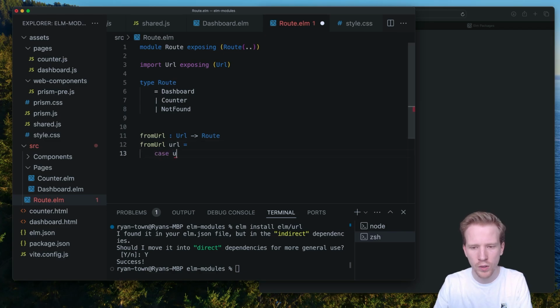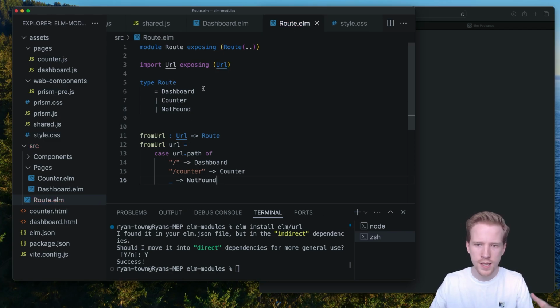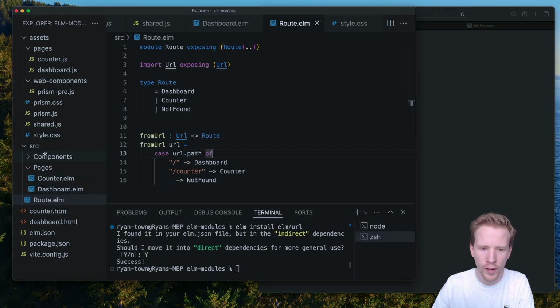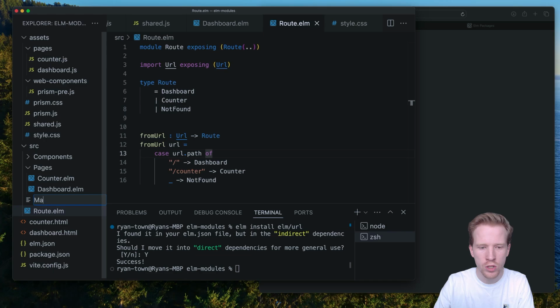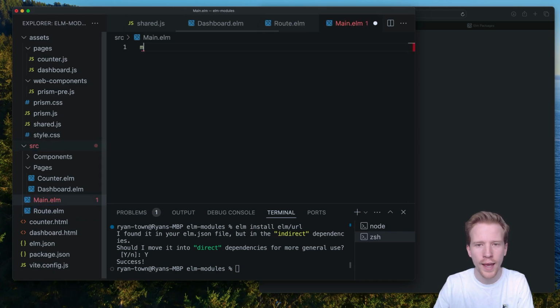I'm just going to do something simple where I'm going to say a case where the URL.path is /, we're going to go to the dashboard. If it's /counter, we're going to go to the counter. And if it's anything else, we're going to say it's not found. It's a not found page. So this is a simple route module that we can make that uses the URL's path to determine what page we want to render. And then what we would do is at the very top level, we would have our